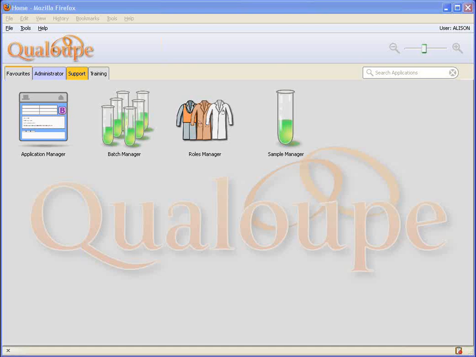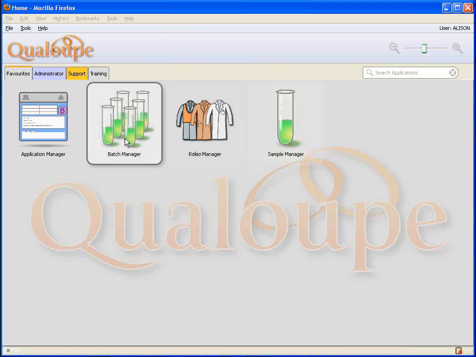So the point of this Qualoupe class is to show you how you can understand and edit the formatted numbers that are used within Qualoupe. So what I mean by a formatted number is, if I go to the batch manager,